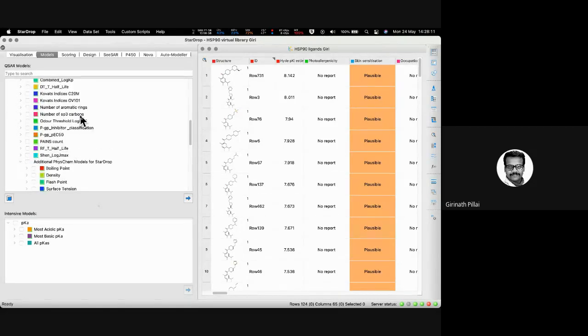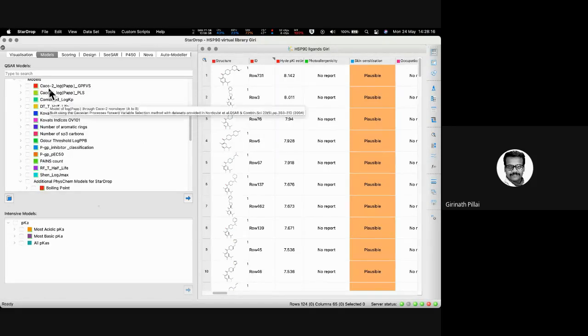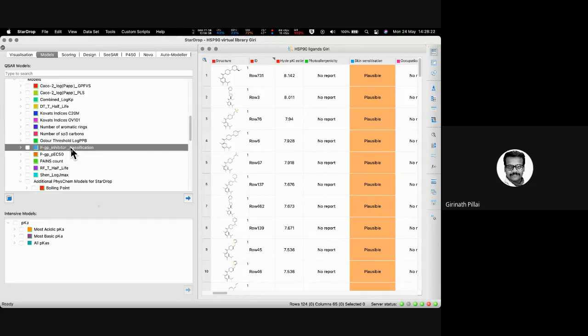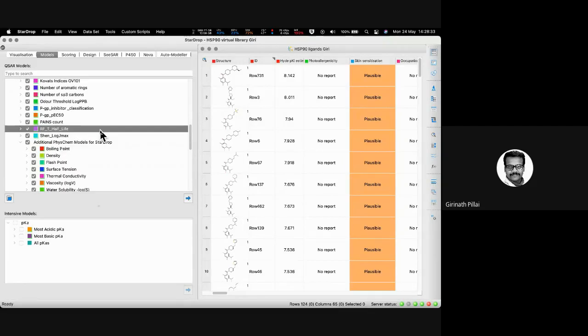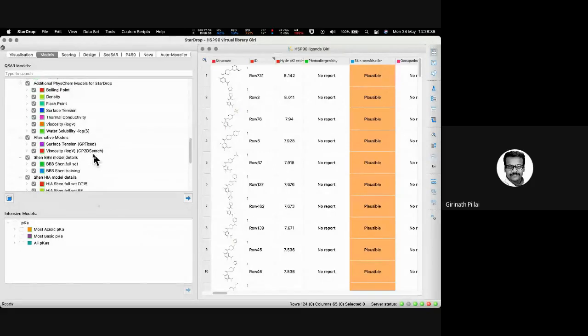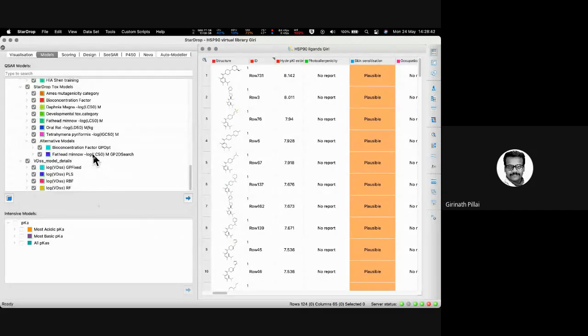Then we have some custom models where, for example, if you're looking at skin permeability, Caco-2 models, retention time, CoVADS for flavors, or if you're going for PGP inhibitor, and also if you're going to look at PAINS count or retention factor, all these models can also be predicted. These are all from literature. These are all taken from the data. So we basically look at all these values, again taken from different literature.